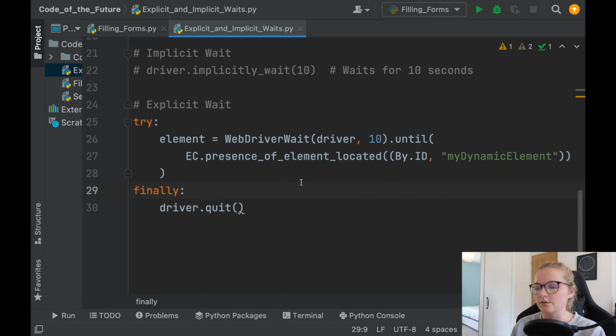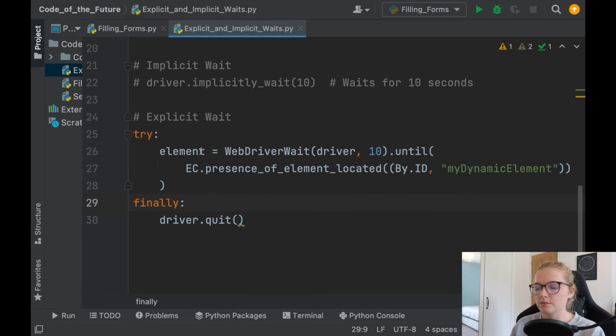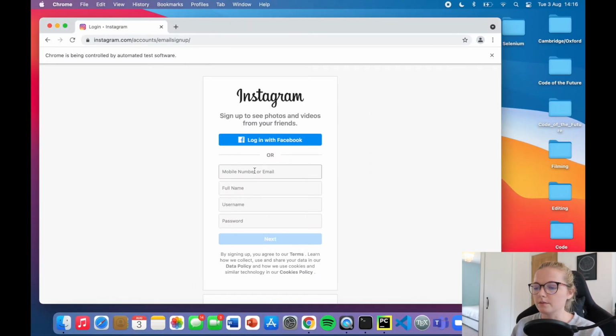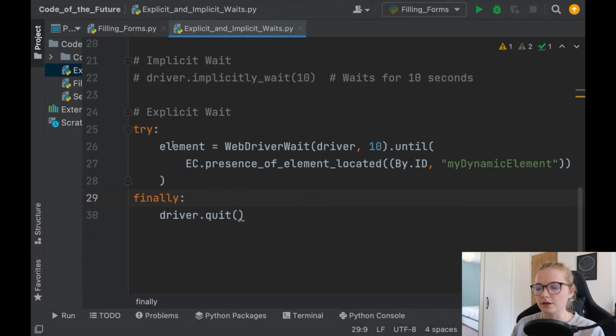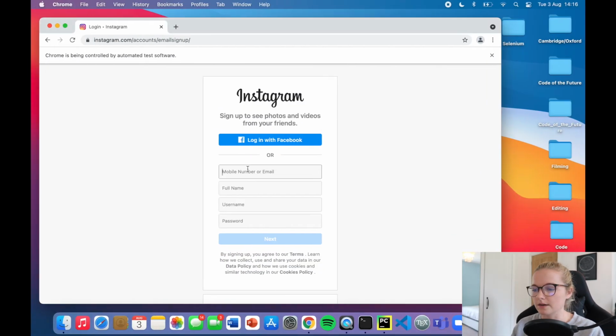So what this is doing is it's saying, okay, let the element that we want to see. So let's say we are on Instagram and we want this to be the element here. So the cookies come up. Obviously we can't find that given element because the cookies are on the page. We are trying to deal with the cookies by accepting it, but it's not on the page at that given time. So what we can say is, okay, let's have this element, say this one here,